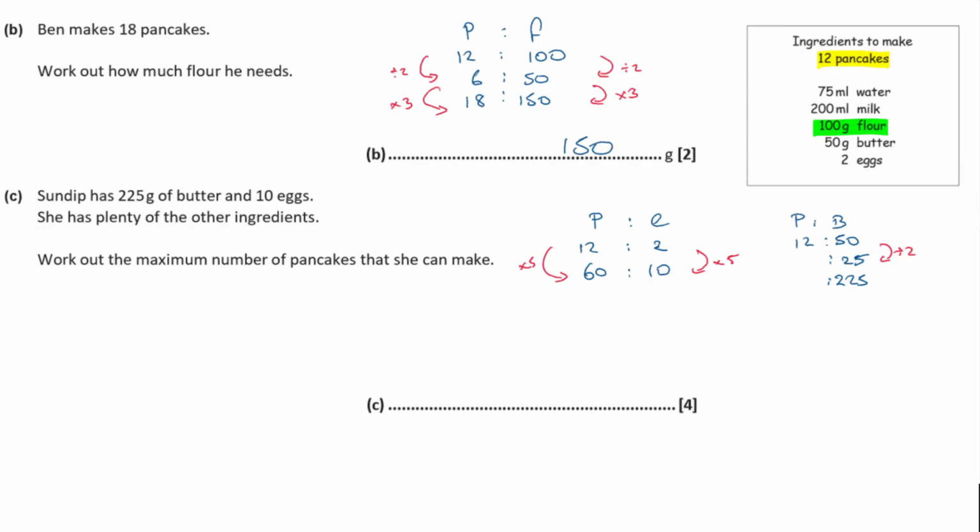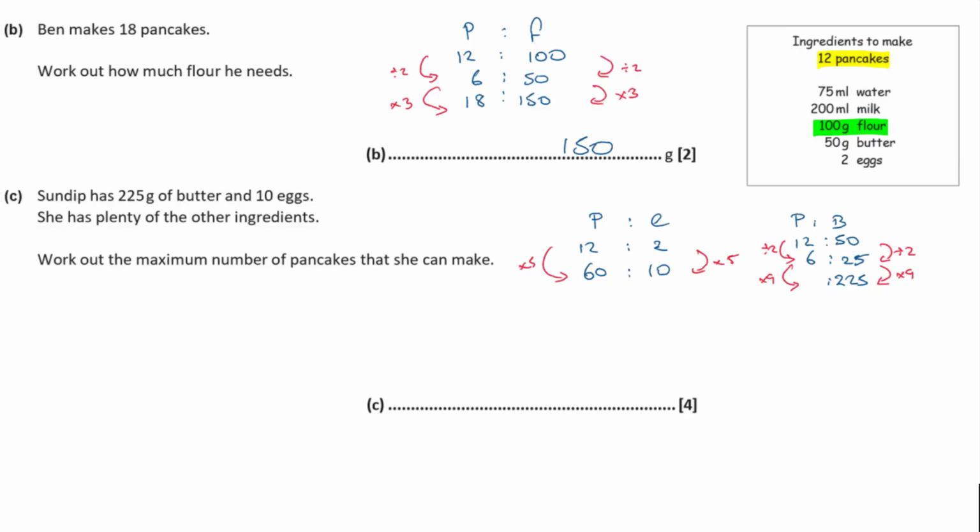So that's 6, isn't it? I can make 6 pancakes if I divide 12 by 2. I'm going to get 6. And then taking 25 and scaling it up, how many 25s go into 225? Well, it's going to be 9 times, isn't it? So times that by 9, that gives me 225. So doing times 9 on the other side, 6 times 9,